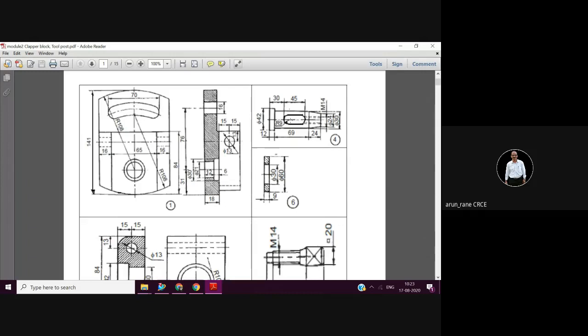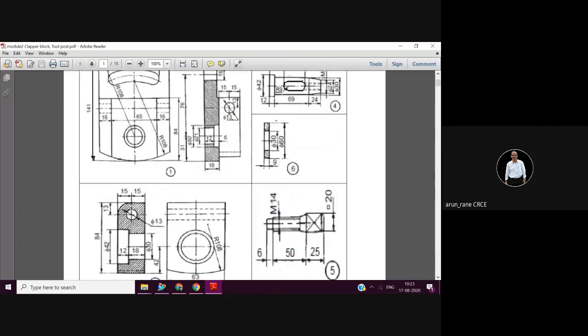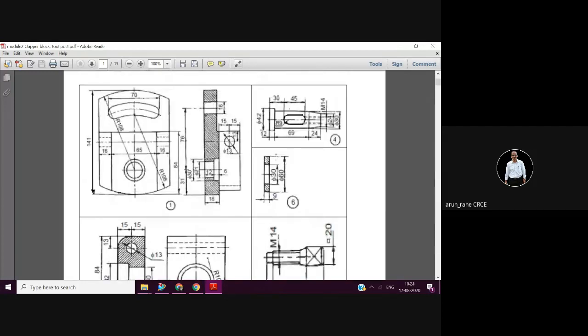So the cutting tool goes inside this tool holder, which is clamped by this part number 5, that is the screw, and then you have part number 6, that is the washer, which is kept here.